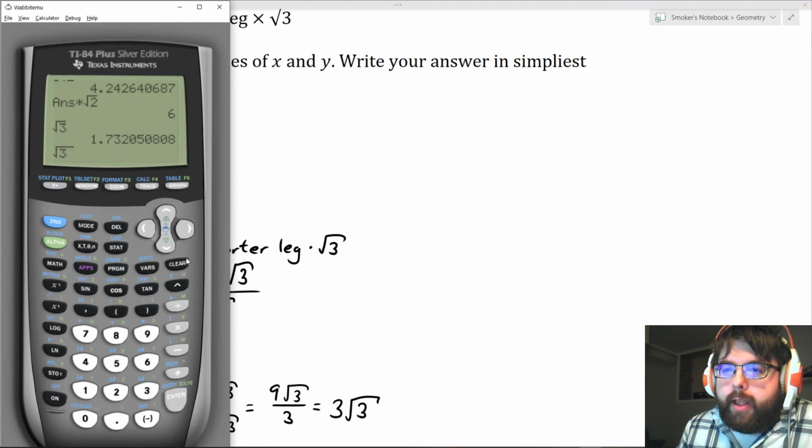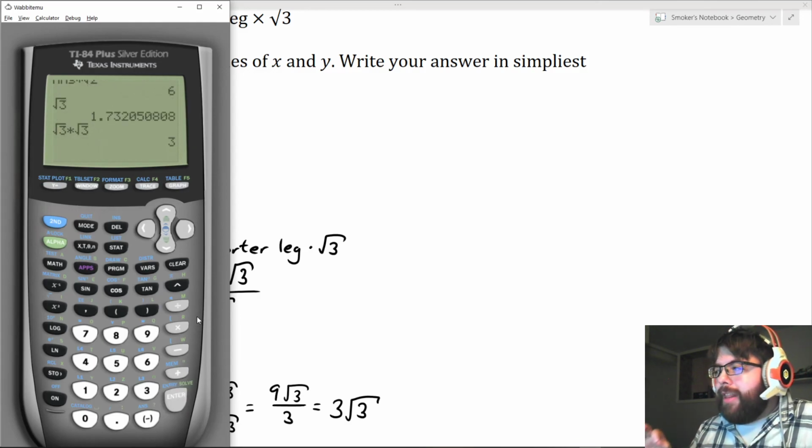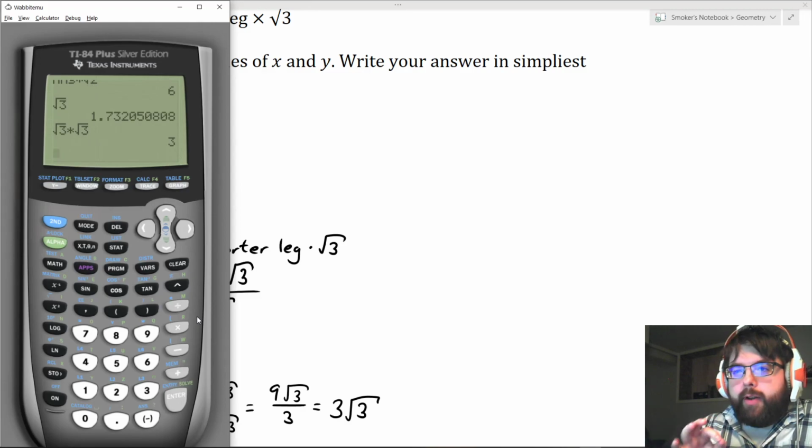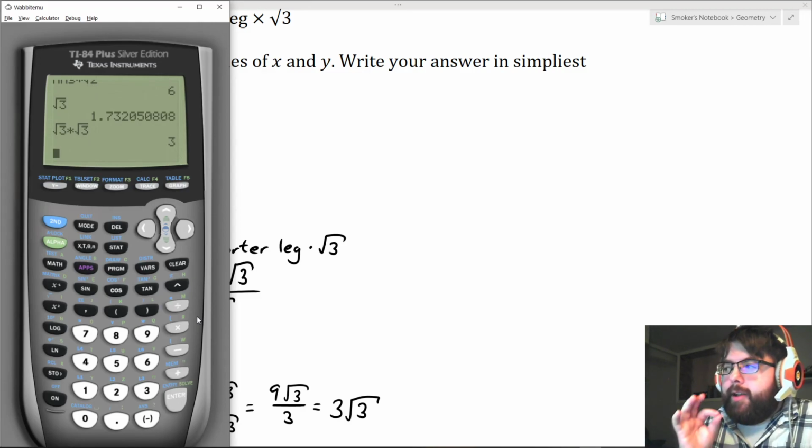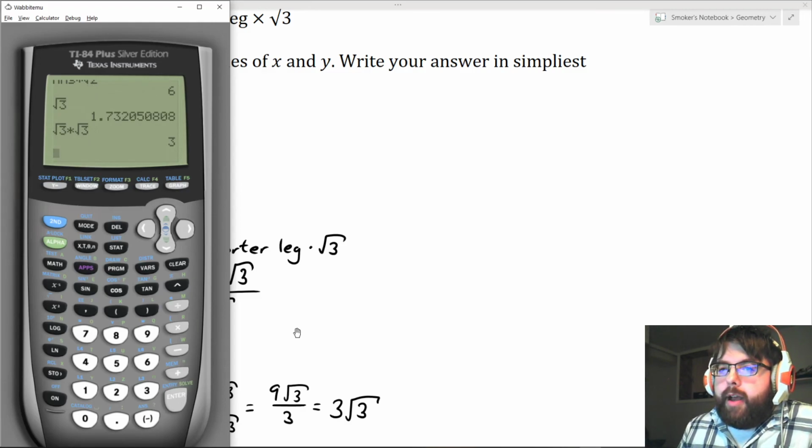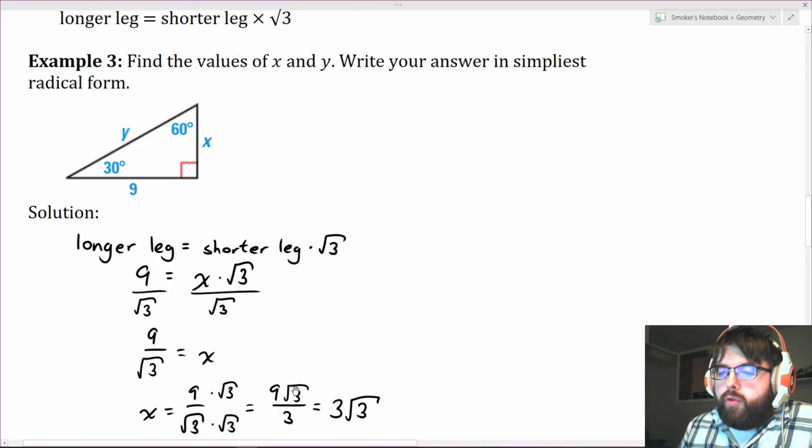Root 3 times root 3 is going to go to 3. And that's the whole purpose of this, was to get rid of the radical in the denominator. Not get rid of the number in the denominator necessarily, just the radical. So that 9 root 3 over 3 is what we get. And then from that, 9 and 3 will simplify to just 3. So I have 3 root 3. And this is considered the simplest